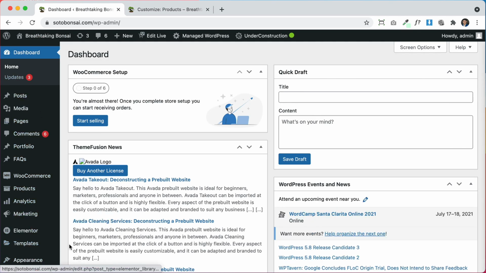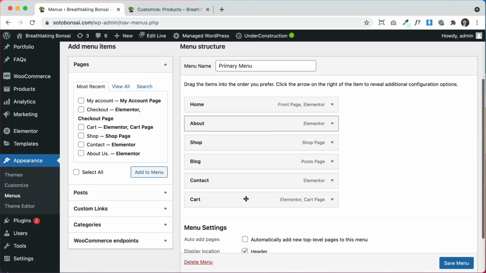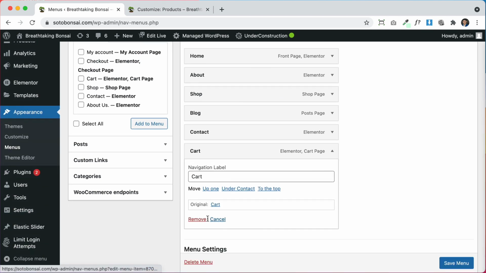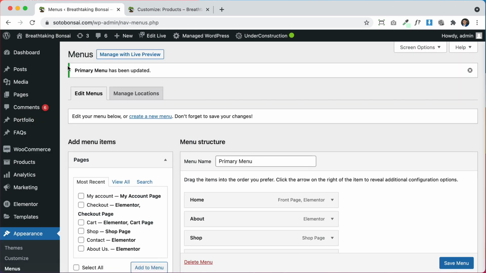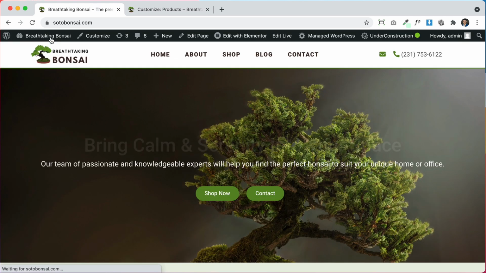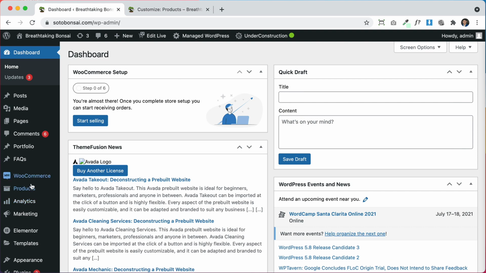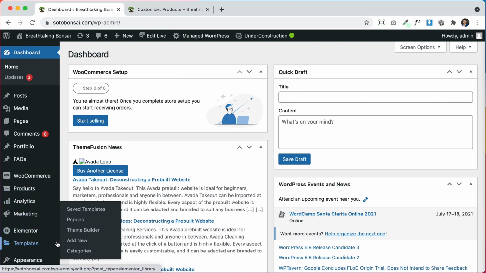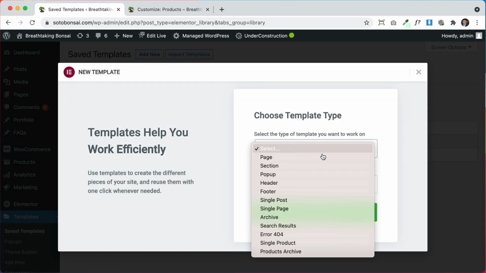So first let's go back to the menu and delete that cart from there. So let's go ahead and remove this, delete, and let's save the menu again. All right, so what we're gonna do is, if you have a custom header, if you don't, then you have to, let me show you. You have to go to Elementor, templates, and this video is not on how to create a custom header, but let me show you. Templates, add new,